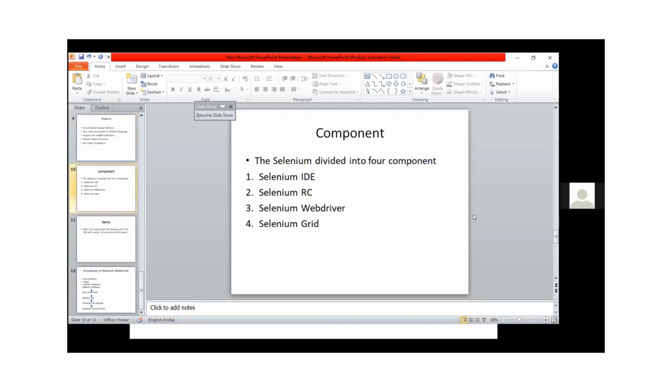And components. Here, Selenium components are divided into four parts: Selenium IDE, Selenium RC, Selenium WebDriver, and Selenium Grid. Selenium IDE was created by Shinya Kasatani and donated to the Selenium project in 2006. Selenium IDE is a complete integrated development environment provided for Selenium tests. Earlier, the Selenium IDE name was Selenium Recorder, because the IDE allows recording, editing, and debugging of functional testing. So next is Selenium RC.